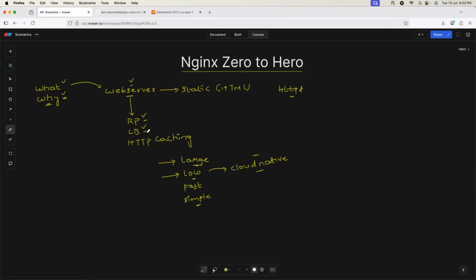So now let's understand how to install Nginx, right? Because if you want to use Nginx as a web server, or maybe if you want to use Nginx as a reverse proxy, first we need to know how to install and use Nginx. For that,